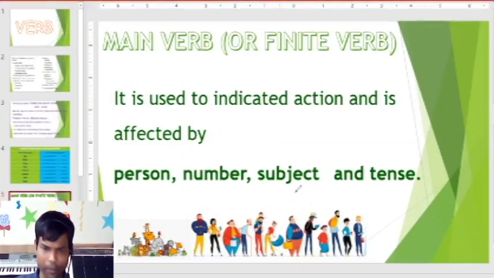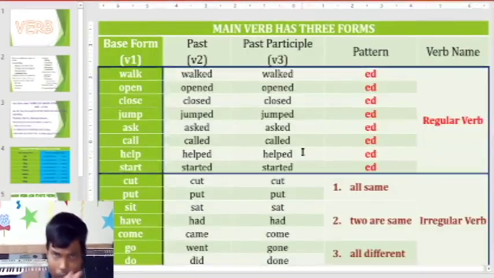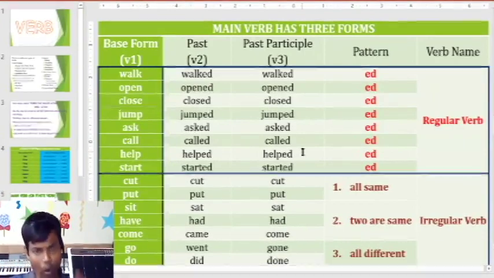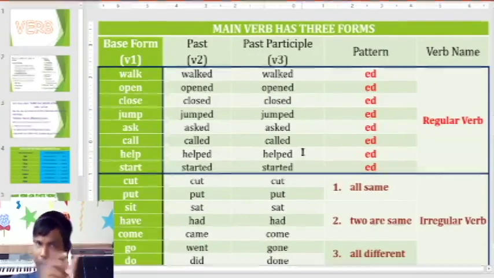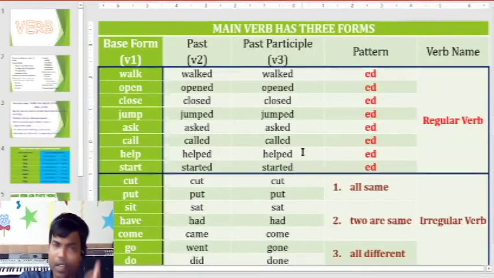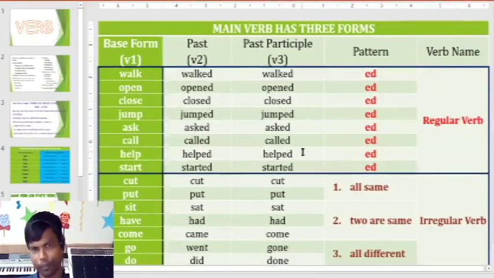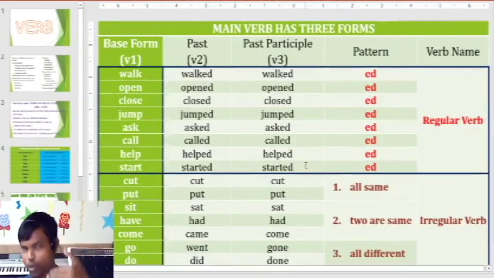Next, we will say some categories. Now, I said when we study verb, we will study by comparing. Only when we make the comparison, we understand better. How? First cluster, first group, we will study regular and irregular. So when we are comparing these two, we will learn better. Second comparison we will make between transitive and intransitive verb. Now here we are studying two types, two categories, two kinds of verbs, regular and irregular. But before that,